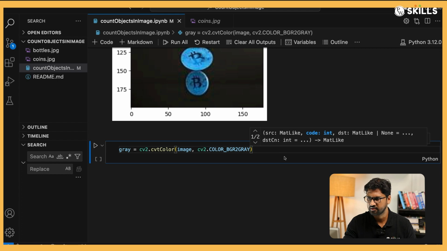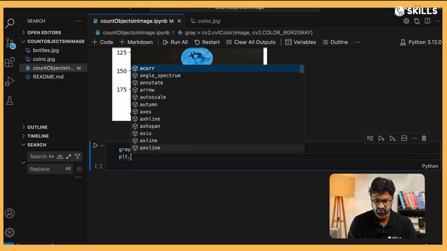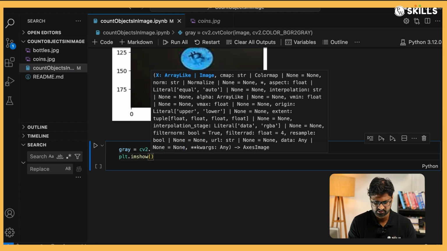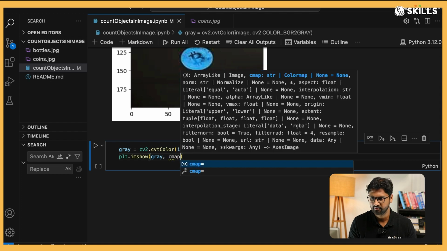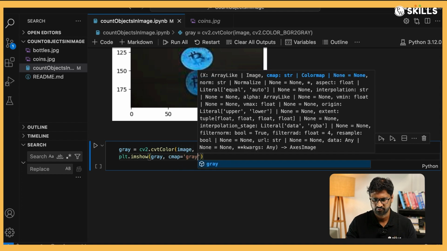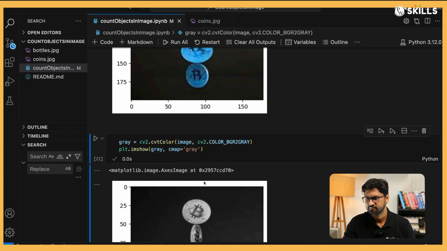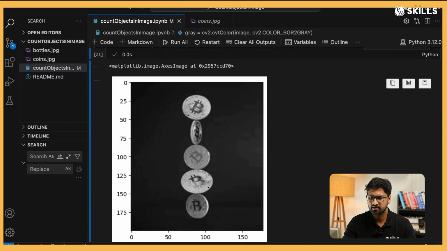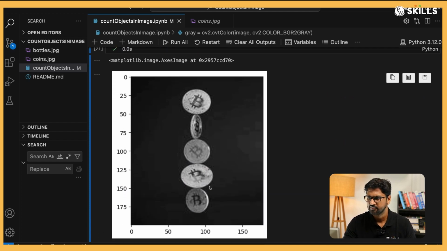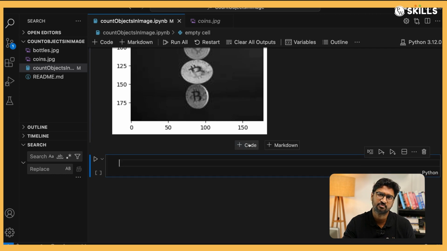Fair enough. I go and do this gray, and then I say plt.imshow and pass gray, cmap equals gray. If I run this, इसको मैंने ग्रे स्केल कर दिया और ये ग्रे कलर में मुझे दिखाई दे रहा है, परफेक्ट। इसके बाद नेक्स्ट स्टेप क्या होता है सर, इसके बाद हम इसको ब्लर कर देते हैं।